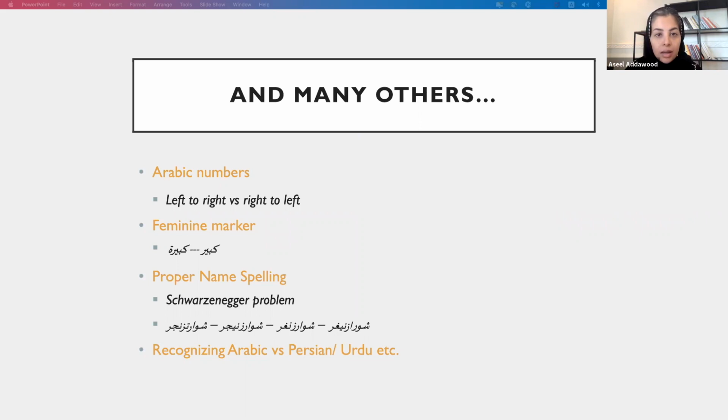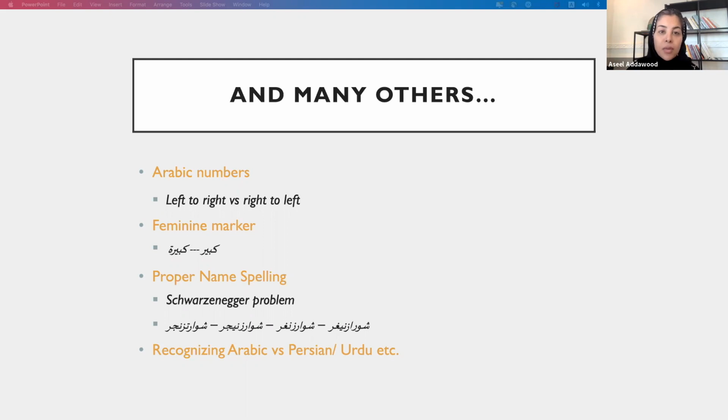And many others. To summarize also, this is writing Arabic numbers or wordings. I write from right to left, versus in English it is left to right. So sorry, it's the other way around. In Arabic, we write from right to left. In English, we write from left to right. So that's another issue, even the writing is in different directions. Even the numbers, we write them the other way around, also different from the English language.